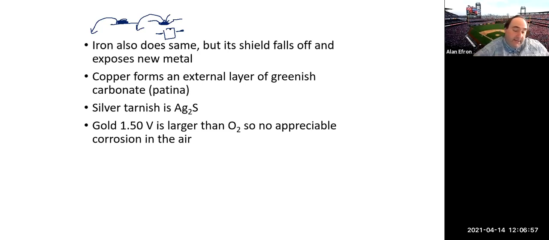So in certain cases, the oxidation or corrosion of these metals can be okay, but in other cases, it's not so great. Copper forms a nice, pretty greenish carbonate patina. People sometimes pay a lot of money for that patina look, so again, not always such a bad thing. When silver tarnishes, it forms silver sulfide. Gold, at 1.5 volts, is larger than oxygen, so there's no appreciable